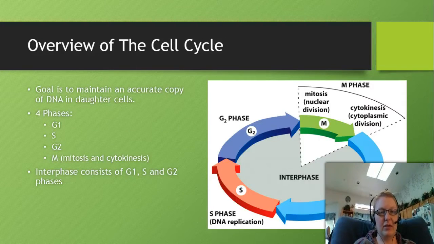Alright, so let's review the cell cycle. There are 2 phases in the cell cycle. There's the M phase and there's interphase. And we break these phases into 4 different phases. Interphase is the longest phase. Most cells are in interphase for a majority of their lifetime. The 3 phases in interphase are G1, S, and G2. The M phase is where we find mitosis and cytokinesis. And we're going to talk about each of these here in just a second on the next couple slides.